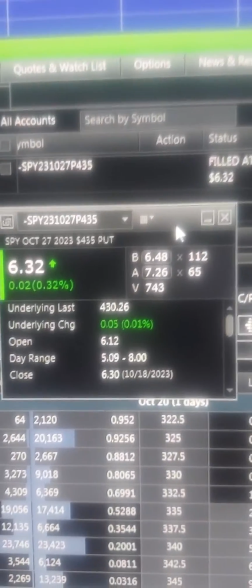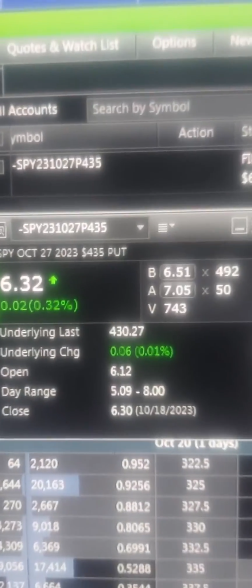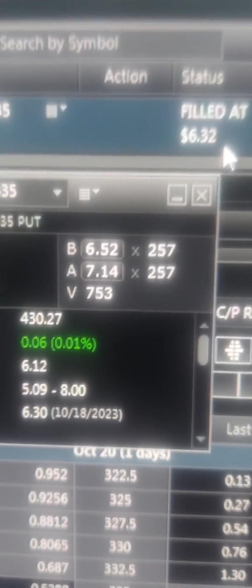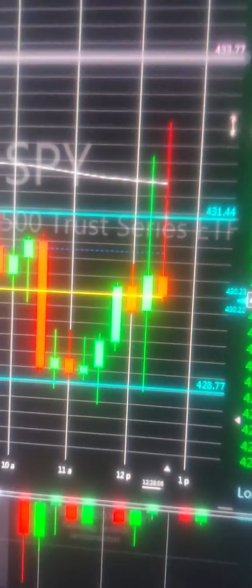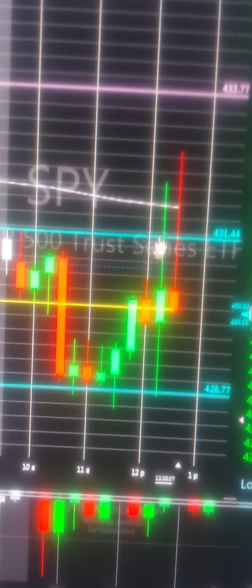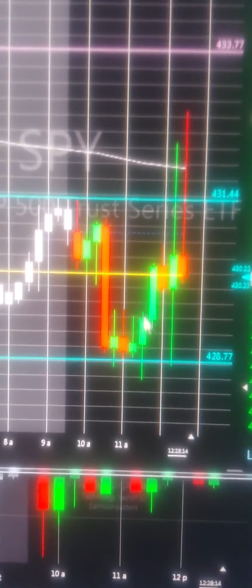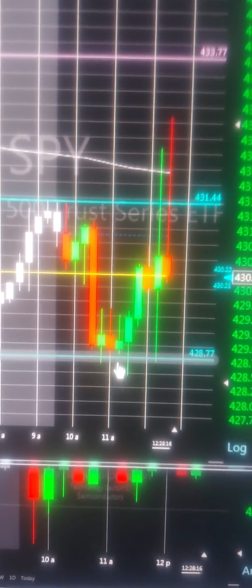It's Thursday, October 19th. I'm buying some SPY 635 puts at 6.32, and this is on this big failure bar on the 15-minute chart. This is an interesting day, which I'll recap at the end of the day. But in terms of this particular trade right here, after taking out lows of the day, lows of yesterday, which